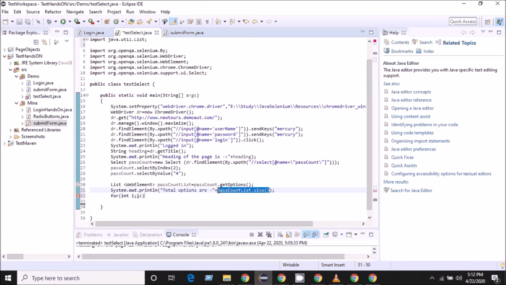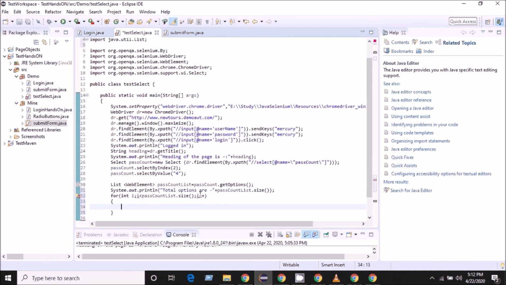So I'll copy this code, that is pass count list dot size, and paste it here. It will fetch this list size, and we are comparing that with the variable, and at the end we will write i plus plus, and